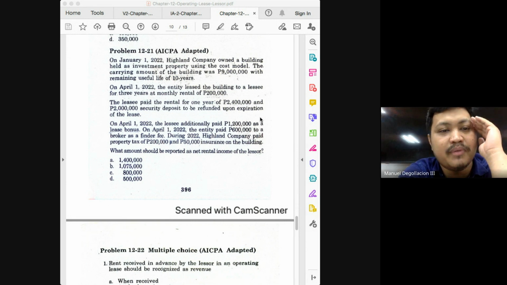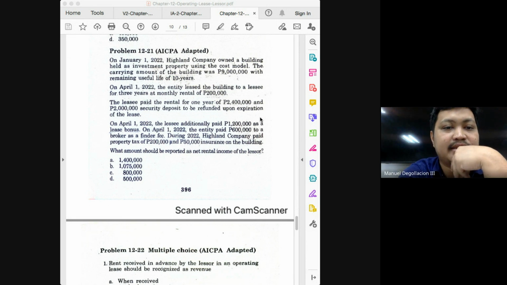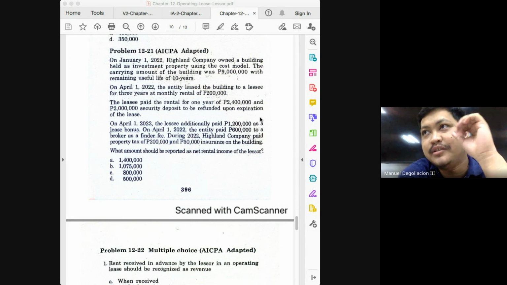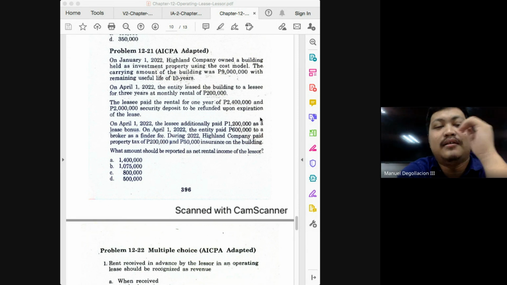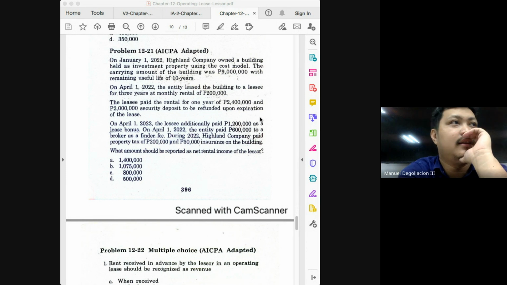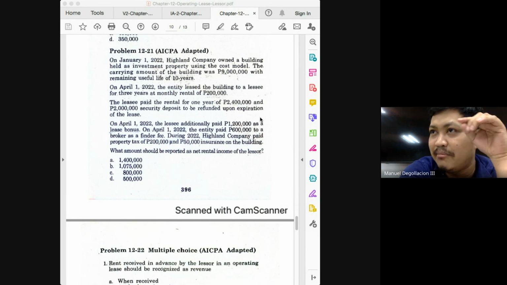Instead of dividing it by 3 years, I suggest dividing it by 36 months. Is our total rent 7,800? Net of everything? Yes. So 7,800 divided by 36. I can't compute it. How much? 216? Then multiply it immediately by 9 months. I hope everyone gets where we get the 9 months. It's from April 1 to December. And that will be a good number already. Isn't it? April.